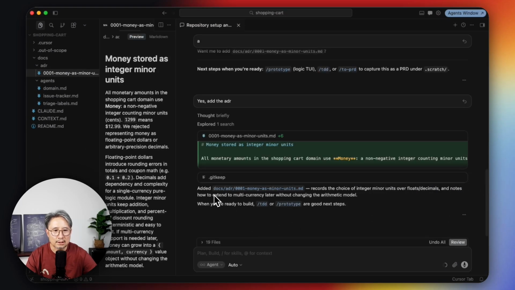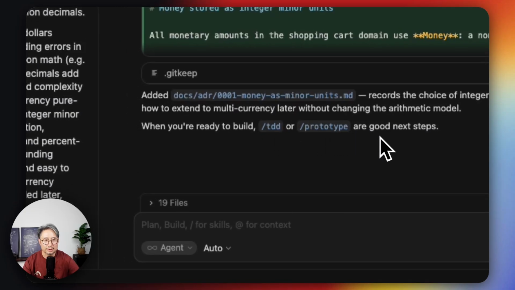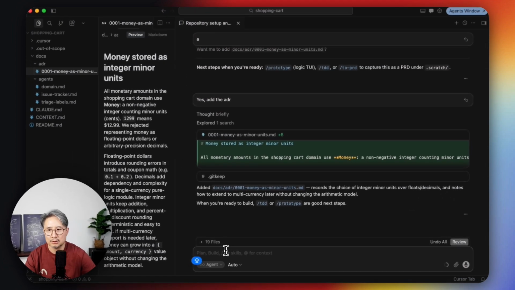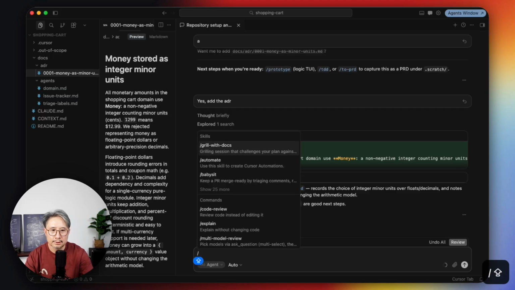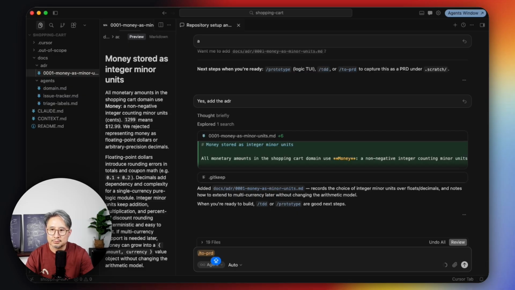Okay, now it says the ADR has been added. When you're ready to build, the other two commands are ready as the next steps. I will choose none of them. Before that, I want to create the PRD file, because the PRD is really a plan that we want to carefully hand off. Let's use slash to-prd and simply say create PRD.